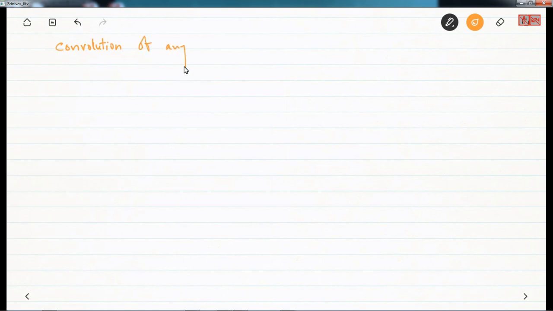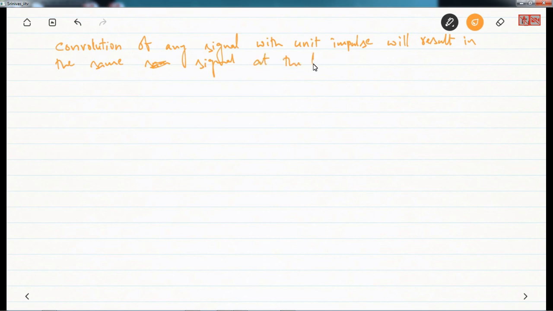Convolution of any signal with a unit impulse, this I have given you as an exercise, will result in the same signal at the location of the impulse. Meaning, say in frequency domain,